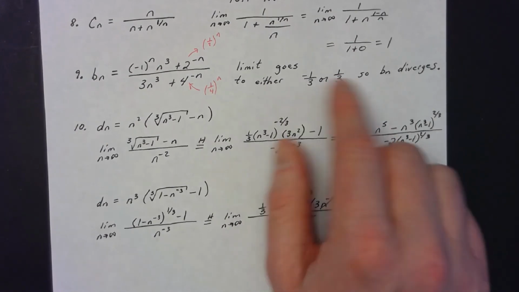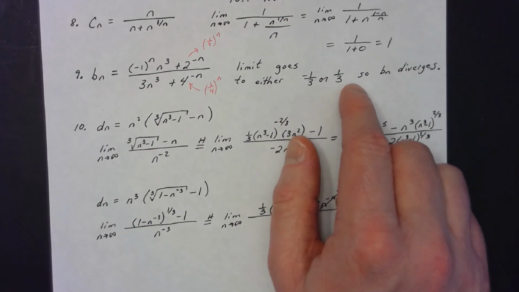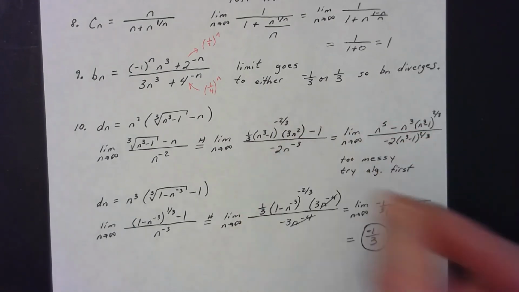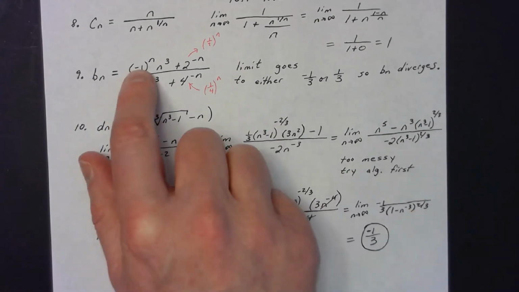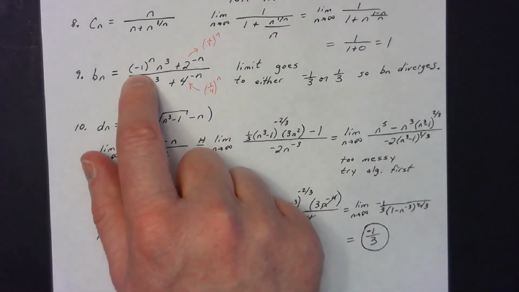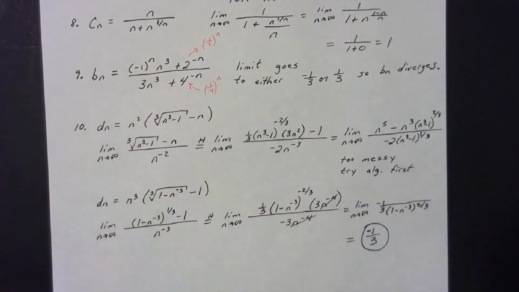This is also going to happen quite frequently whenever we have sines or cosines in the numerator that go towards negative 1 or 1. This is an example of a case where the numerator is going sometimes negative 1, sometimes positive 1, depending upon whether infinity is an even or an odd number.